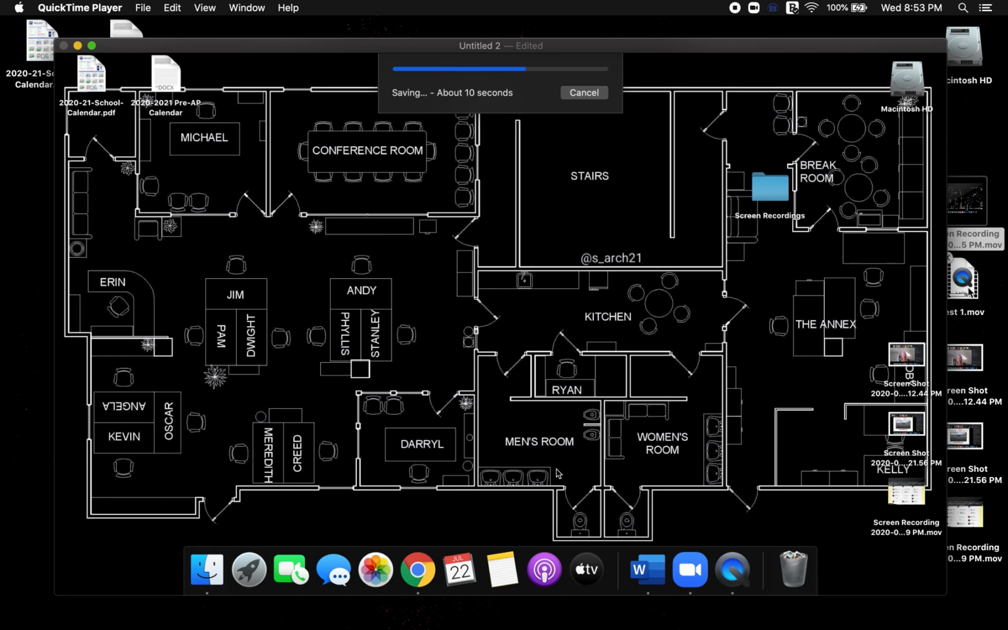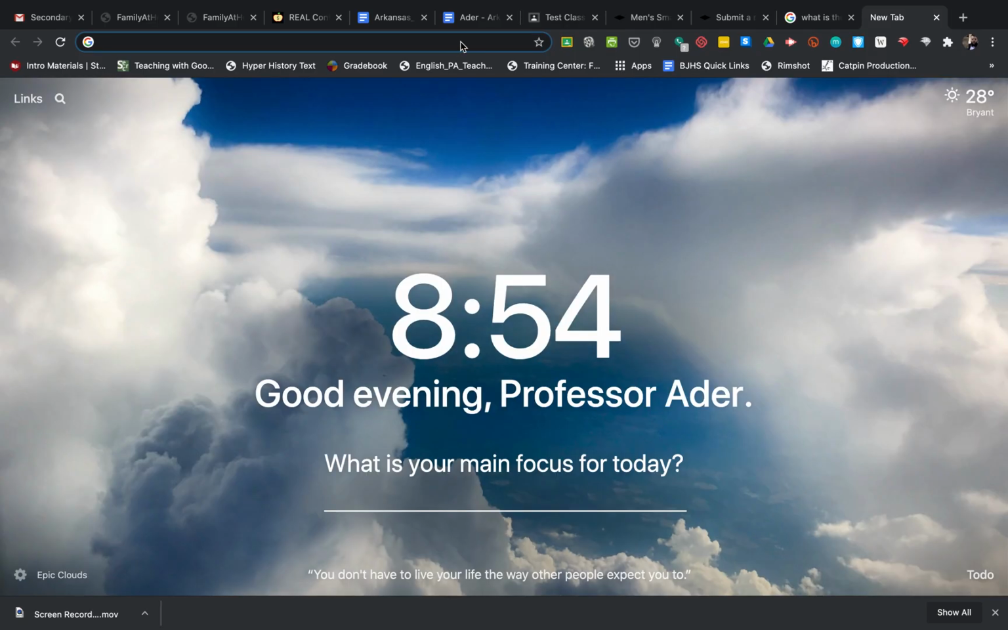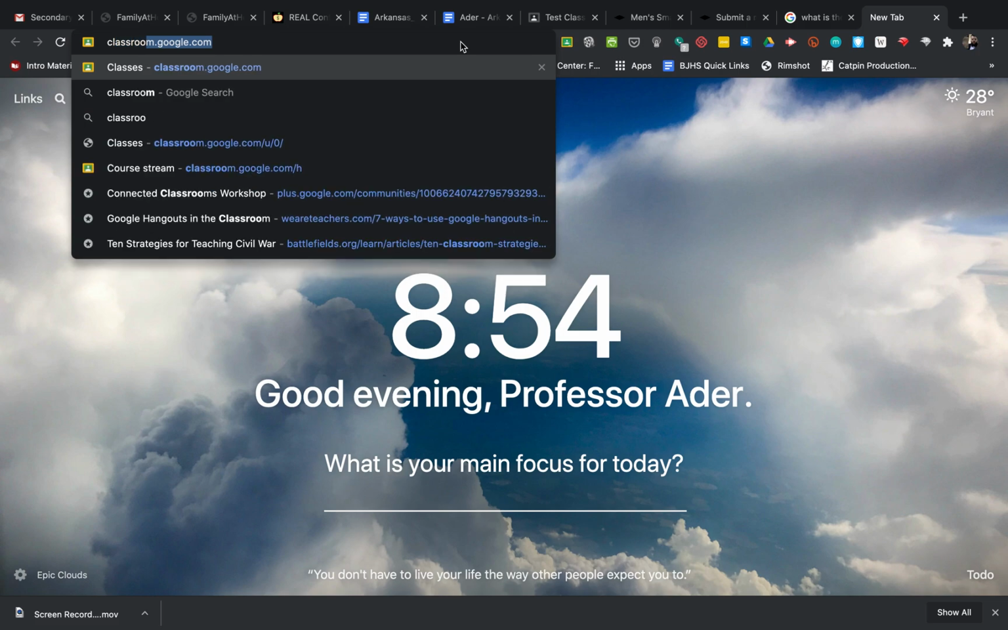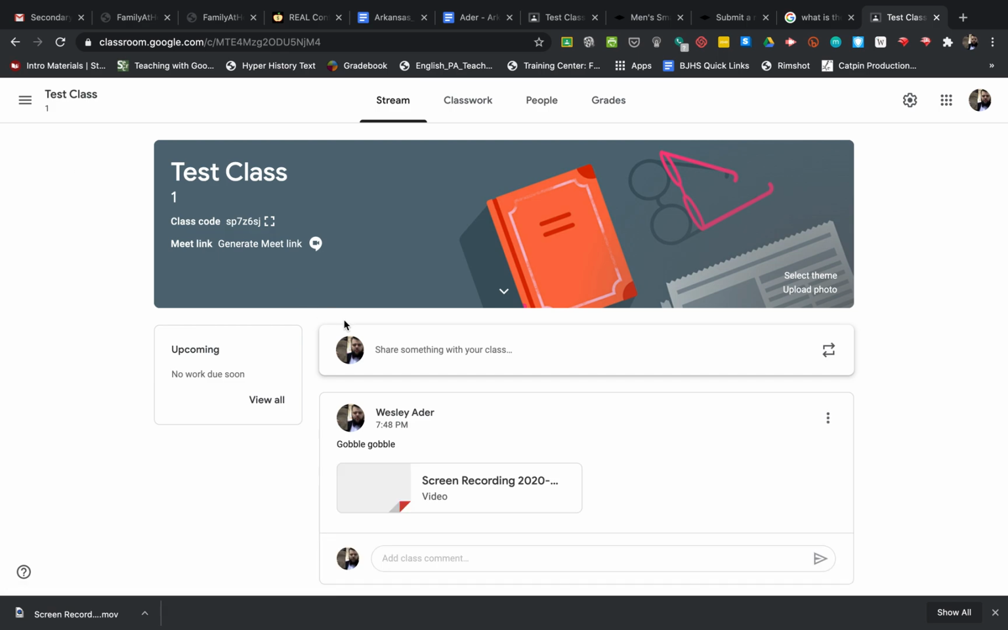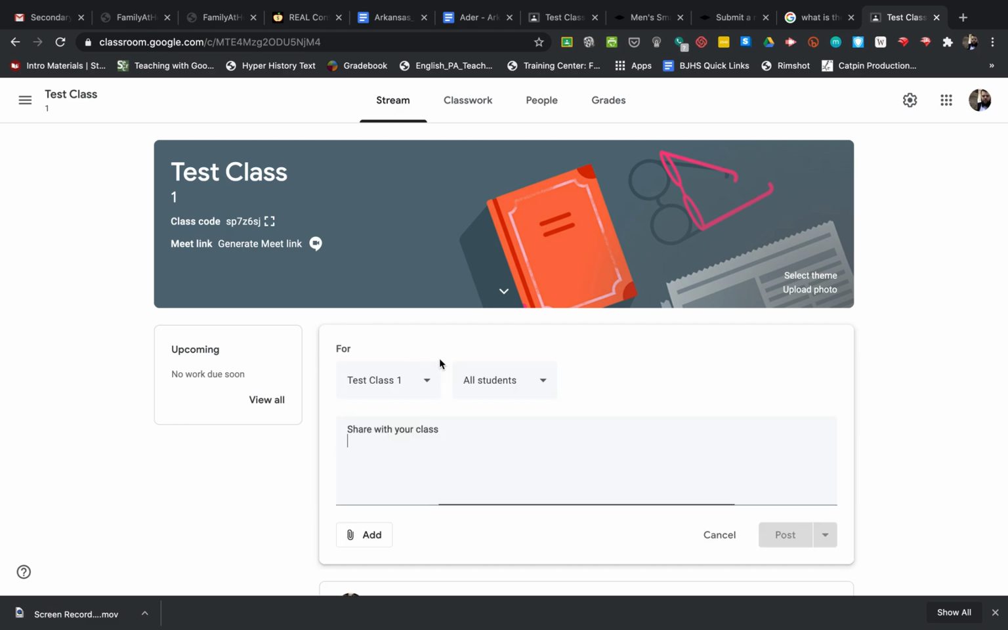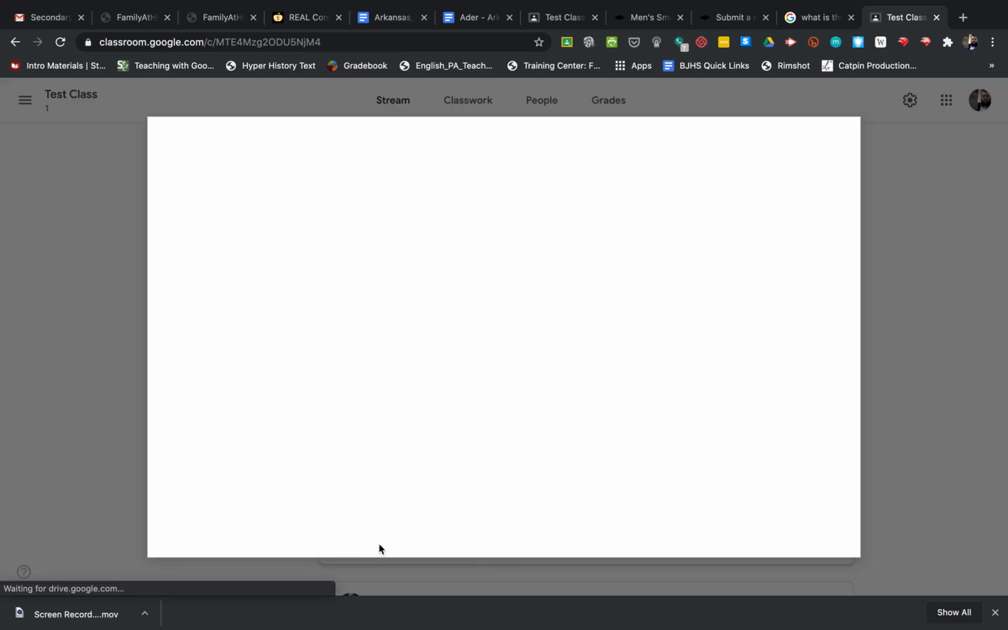Now there's a couple of ways that you can take this and apply it to your classroom, and I created a test classroom. And we in history are very good at naming things, so I named this one Test Class. And here you see gobble gobble. It's literally as easy as opening up, telling them what you want them to know or do, and then adding that file,